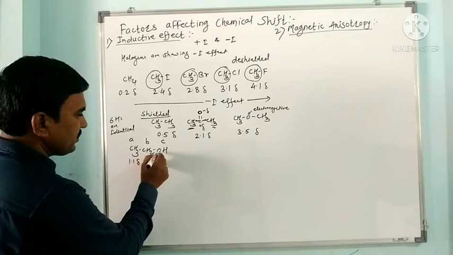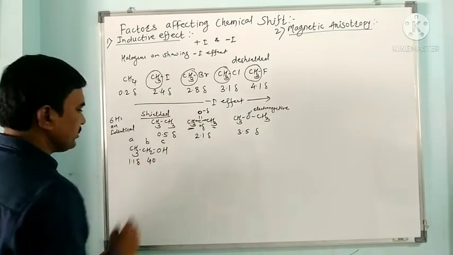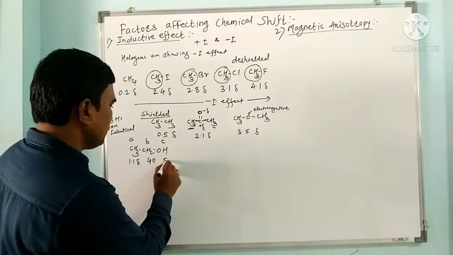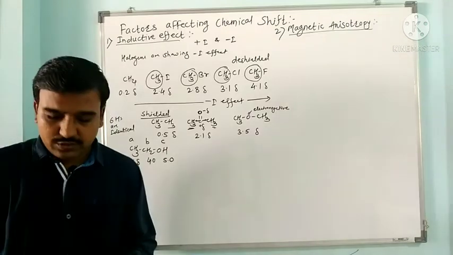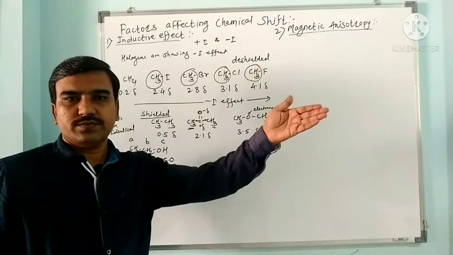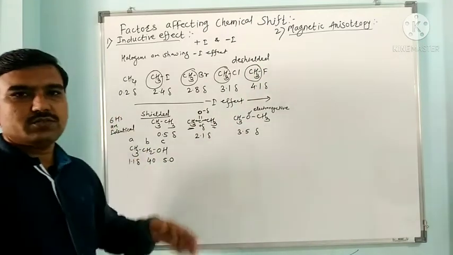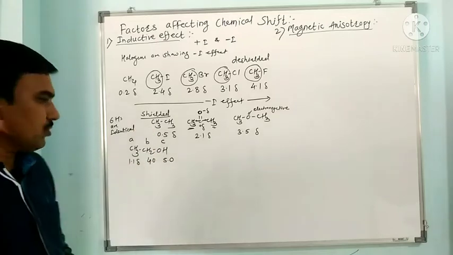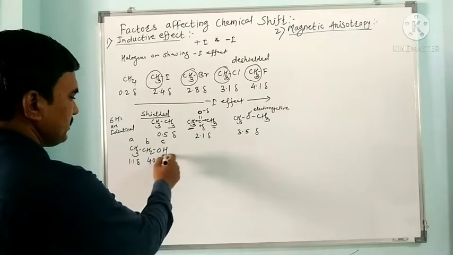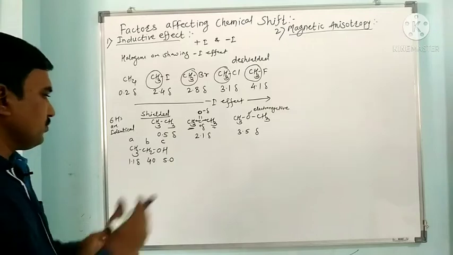Here this CH2 is attached to oxygen, so it gets de-shielded, and its chemical shift is around 4.0, and this hydroxy proton has a chemical shift around 5.0. So the hydroxy proton may give a signal between 2 to 5. At any position we may get a signal for the hydrogen which is attached to electronegative elements such as oxygen. So we do not have a very significant range for the chemical shift of the hydroxy. It ranges from 2 to 5 or 1 to 5.